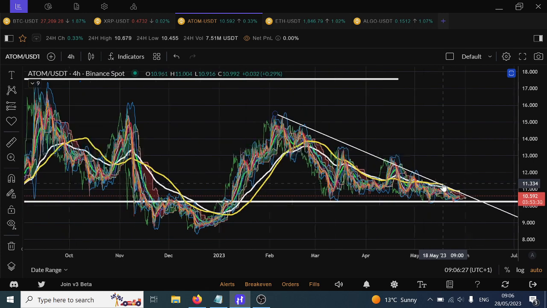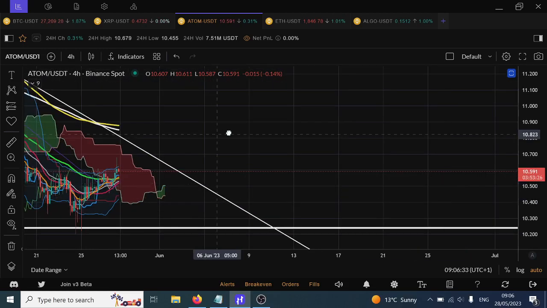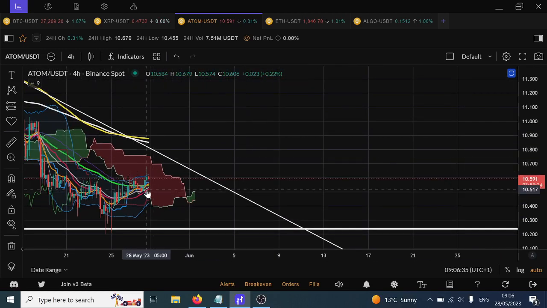Then we zoom back in and have a look at any kind of signal. We're not going to get one until we actually break out of the Ichimoku cloud. We've got a green portion, we've got a positive cross of the conversion baseline cross. Price action is still in the cloud, and the lagging span is way below the cloud. So we're not going to get a pump signal until we break above and close on a 4 hourly time frame above